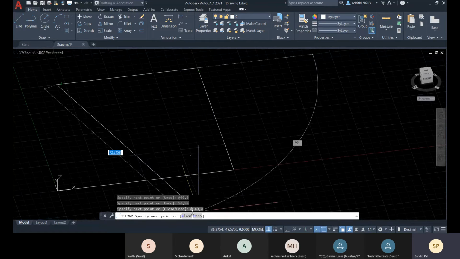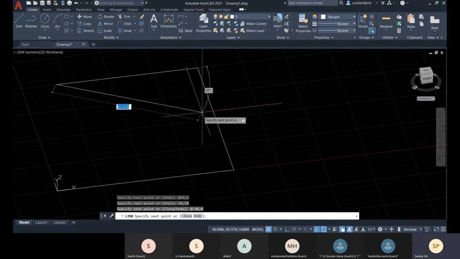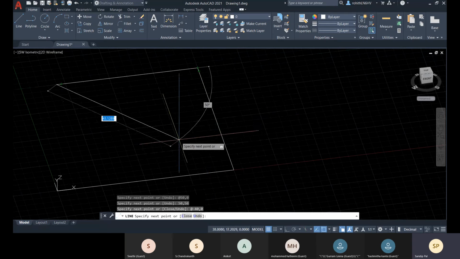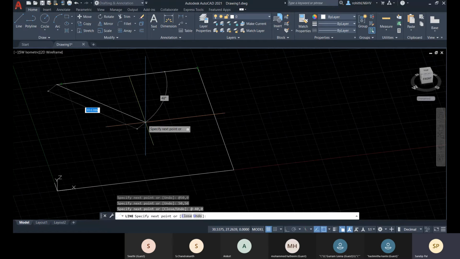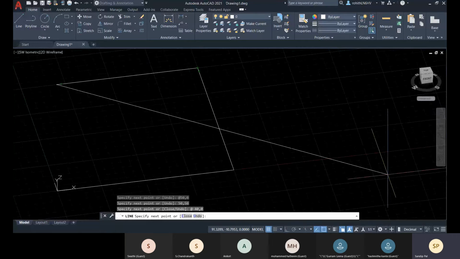Okay, so that is your relative. I will describe this in detail. I hope you can understand this about relative. And with dynamic input on, it will take the relative coordinate system by default. You can change that too, and I will come to the settings part later. So now let me turn off this dynamic input.